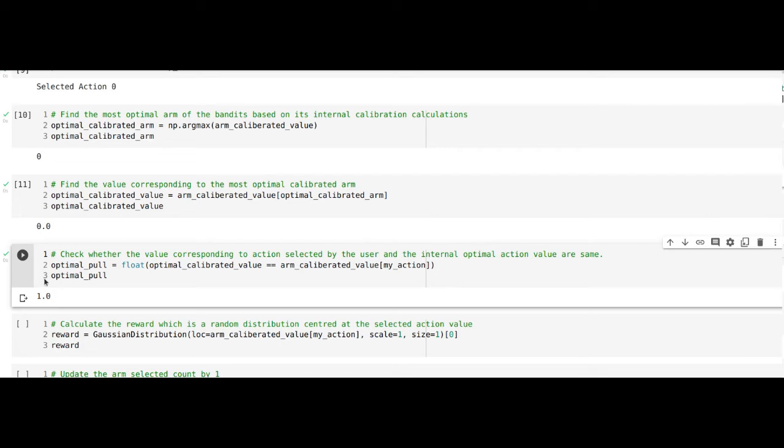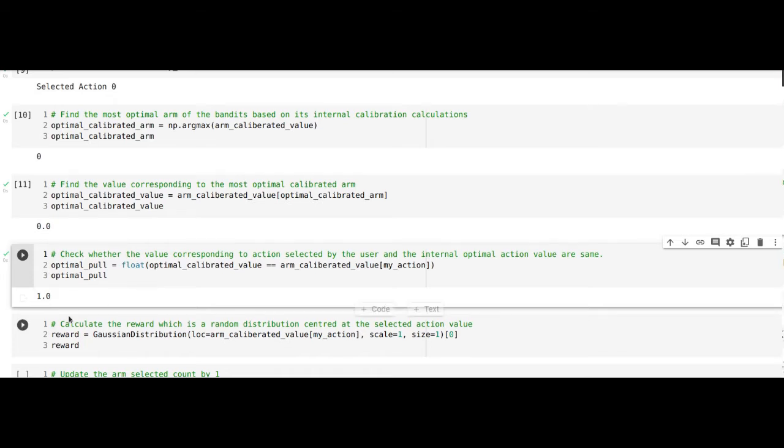Since these are the initial values, everything would be an optimal pull, but in the subsequent ones you will find that you will not get optimal pulls very often. So all these three blocks are only to check whether the arm or action selected is the most optimal or not.